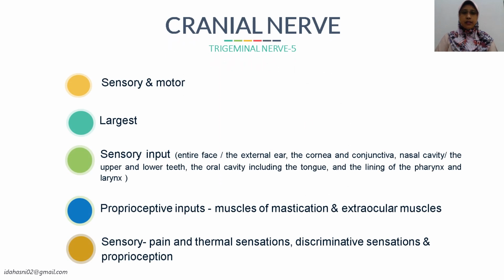The trigeminal nerve is a mixed nerve. It has sensory and motor component functions. This is the largest cranial nerve. Together with the vagus, glossopharyngeal, and facial nerves, the trigeminal nerve conveys sensory input to the entire face, from the external ear to the cornea